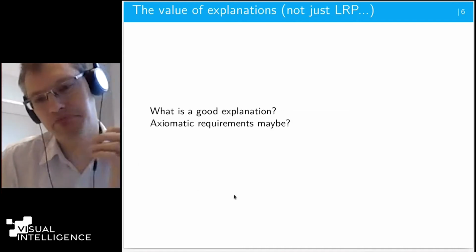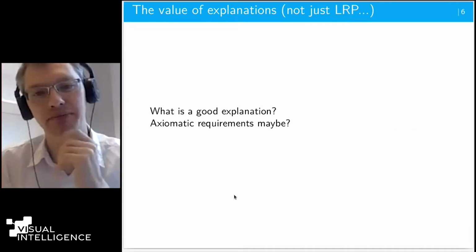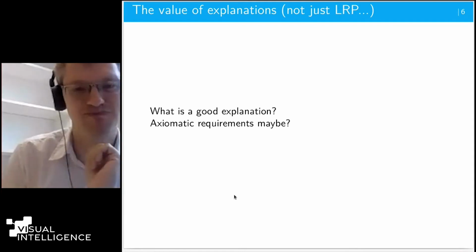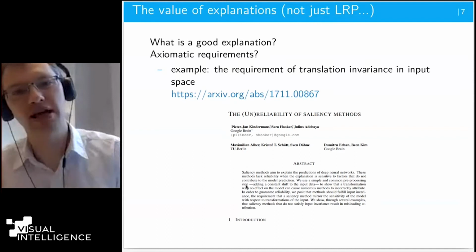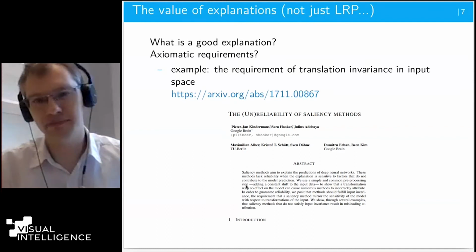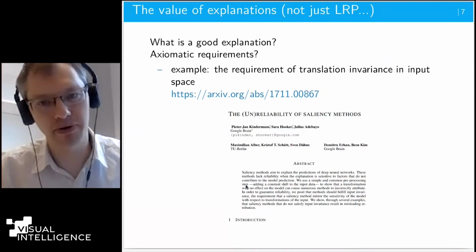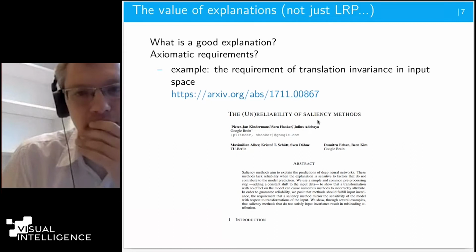There has been this school that says we should put up axiomatic requirements, and what does not pass our axiomatic requirements, we should not use. I can bring you two papers and show you that this is something you have to take with a grain of salt. For example, there was a paper from 2017, where they said in this paper,